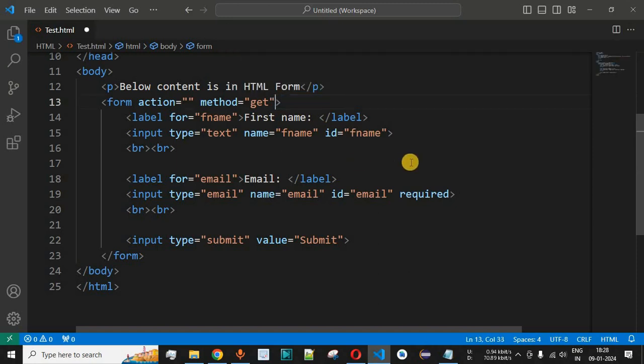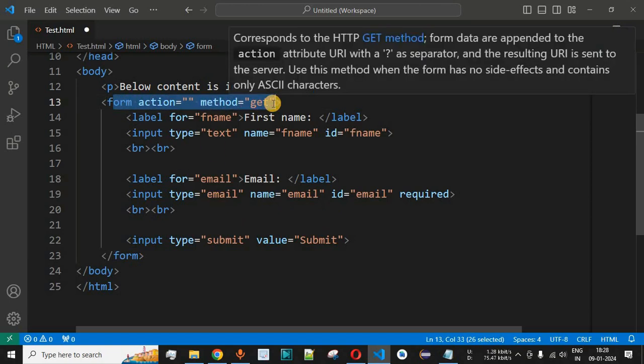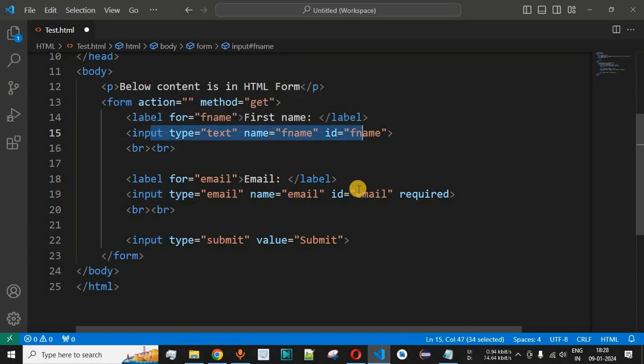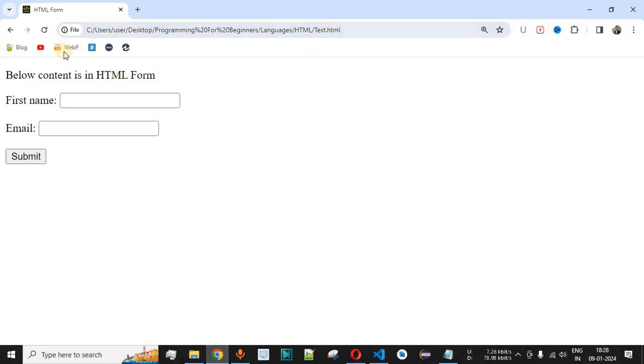So guys, I'll remove this novalidate attribute over here, and simply we will have the form tag along with the method that is the get request, so that all the parameters can be seen inside the URL. So we have the first name without the required attribute, and we have the email with the required attribute, which means the user should provide certain data inside the email field over here before submitting the form. So guys, after this we have the submit button in this case. Let me just save this file now and try reloading this page on the browser.